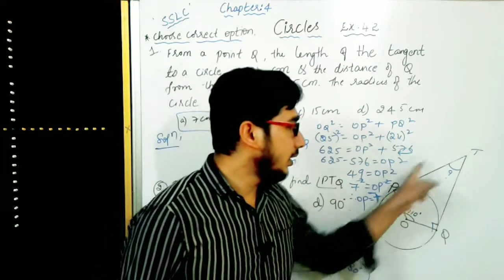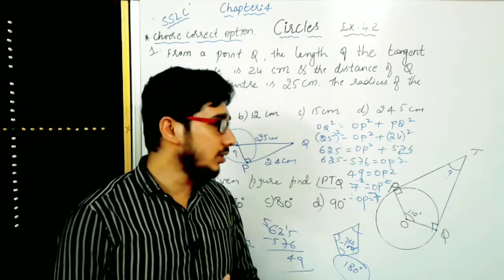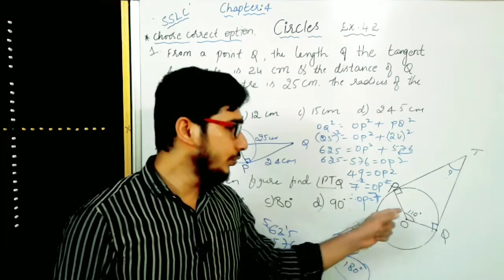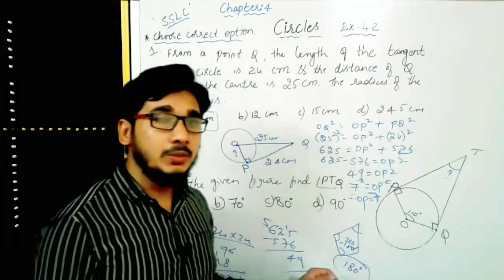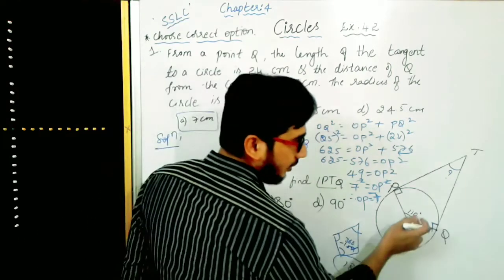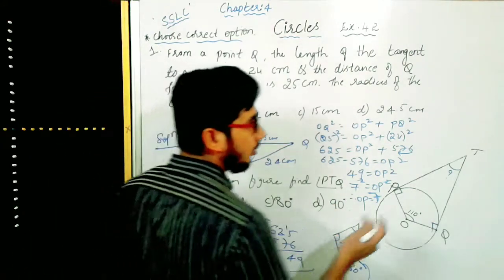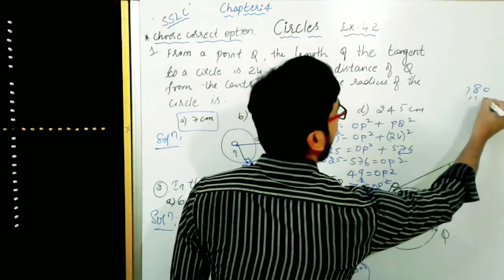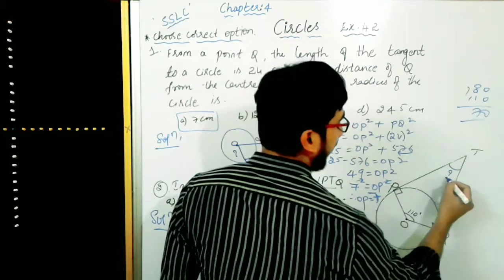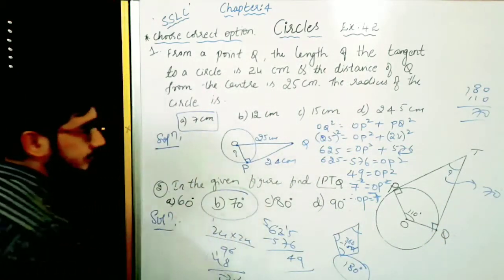In this quadrilateral, I have drawn it here. The sum of all the angles of a quadrilateral is equal to 360 degrees. If you remove 180 degrees, how much is remaining? Only 180 degrees is remaining. In this, 110 is already there, so how much is left out? 180 minus 110, so 70 is left out, so it will be 70 degrees. Okay, where is the option? This is your option. That's it.